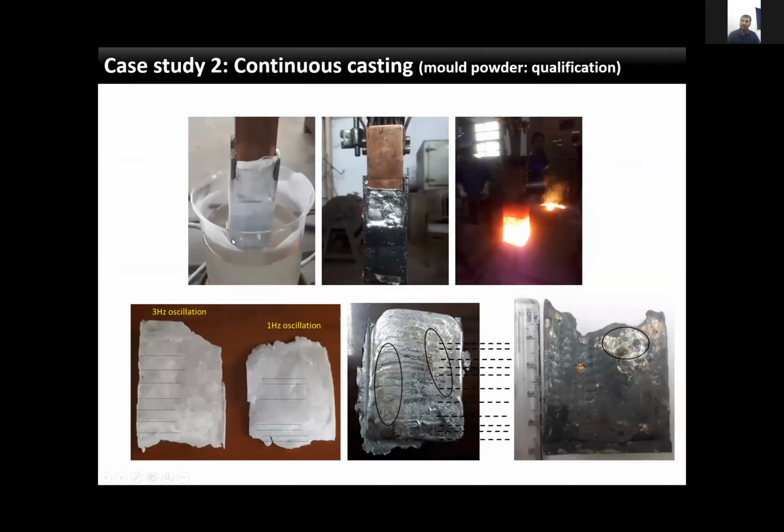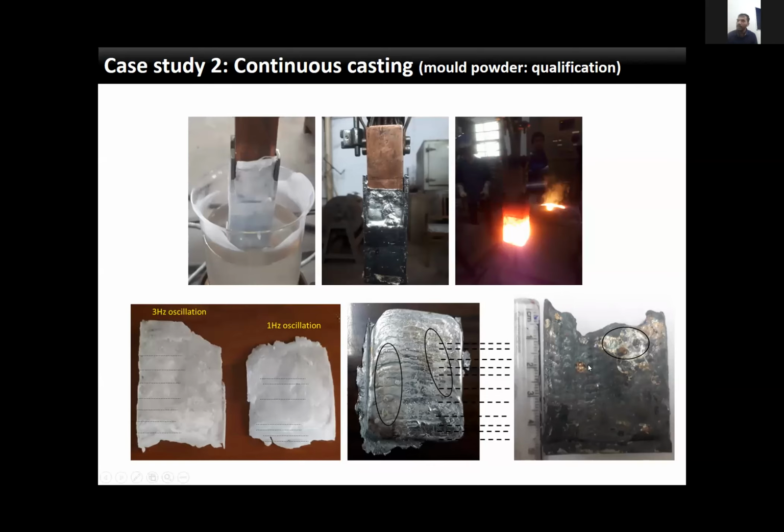The first one is here. You can see in the wax we have taken. Just by dipping in the wax, the casting process has been visualized. You can see the oscillation marks are generated. And then we slowly increased the temperature, and then we were able to perform it in molten aluminum. You can see clearly the oscillation marks as they are generated in your industry. And the encircled region shows the mold powder infiltration, or the mold film, the slag film that is attached. And this is the trial we could perform in liquid steel, where you can see again the oscillation marks are clearly visible.